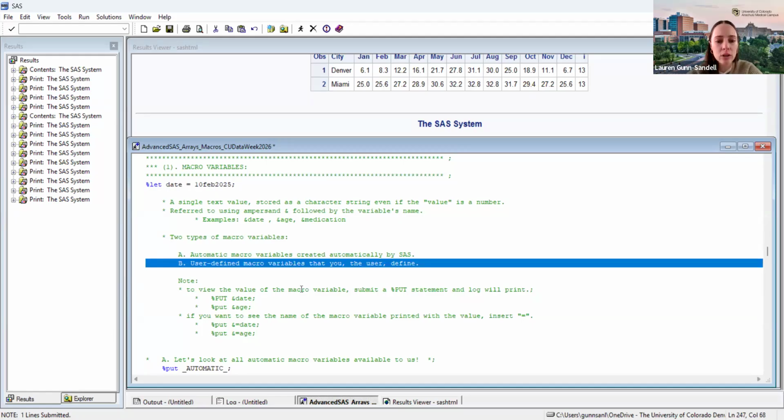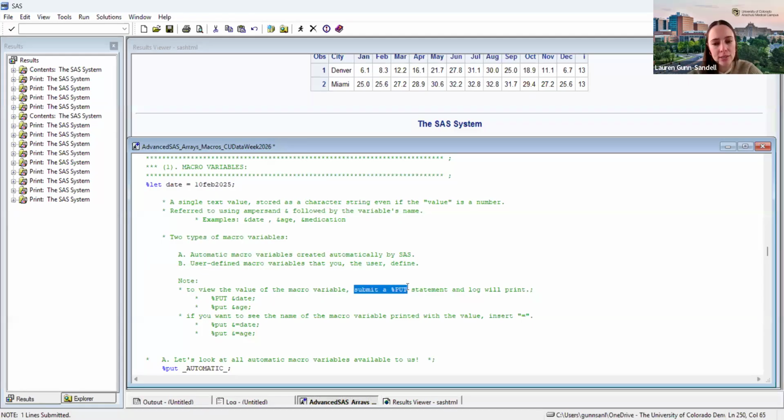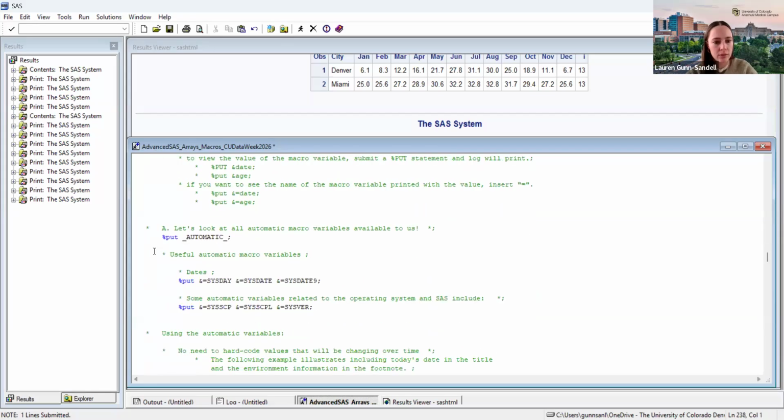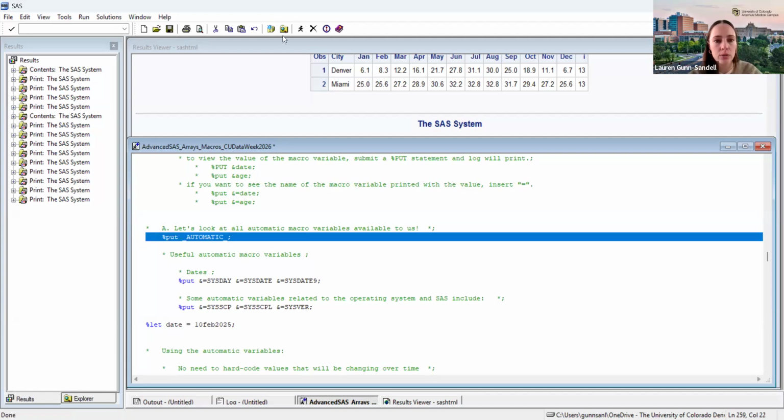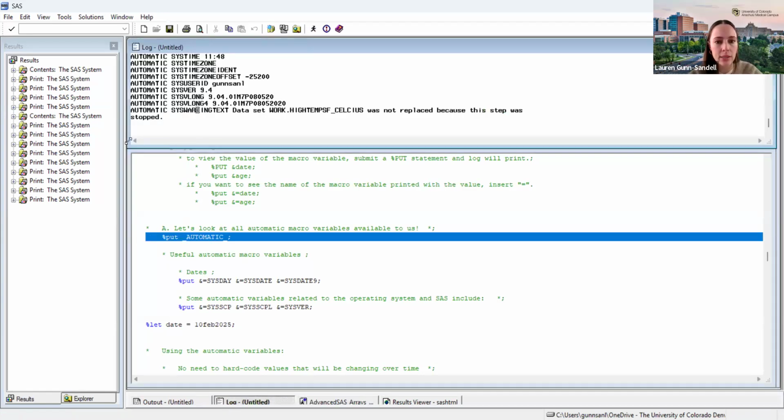Then the way that we view a macro variable is by using a put statement, and then it will be printed to the log. So I am going to pull this macro variable down over here so that we can show that. So first, let's take a look at the automatic macro variables that exist in SAS. The way that we're going to see the list is by using that %put call and then _automatic_. You could have written automatic in lowercase. Again, SAS is not case sensitive in this case. So we'll run this whole line of code, and then we'll look at the